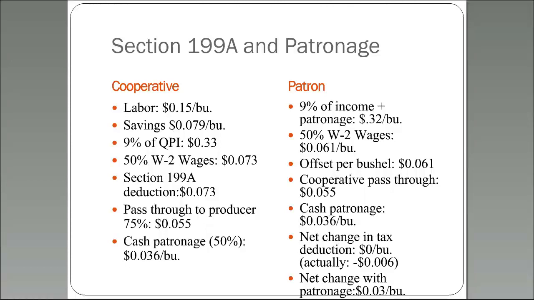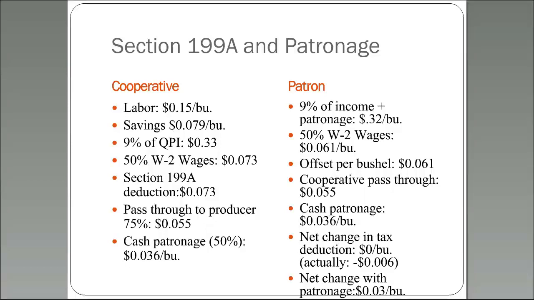Because if they didn't do it as a per pen, their potential pass-through would be 9% of that 8 cents of profit savings. And so it'd be very small, less than a penny a bushel. And so it's much larger because they're not subtracting the commodity payment. But again, I think the key point is it's almost always true that it's going to be half of the W-2 wages. And so the binding constraint is the W-2 wages. And so they've got a Section 198 deduction at the co-op level of 7.3 cents.